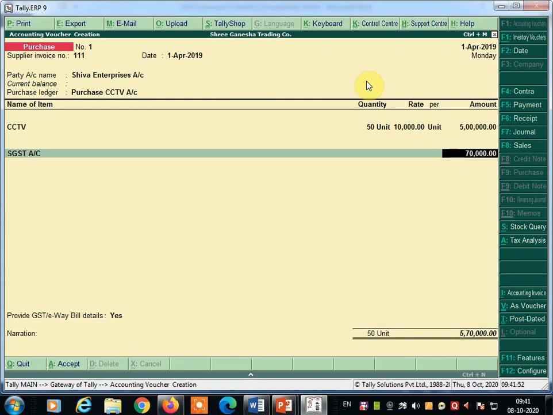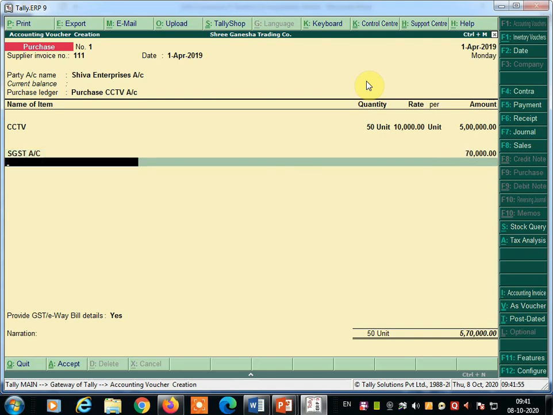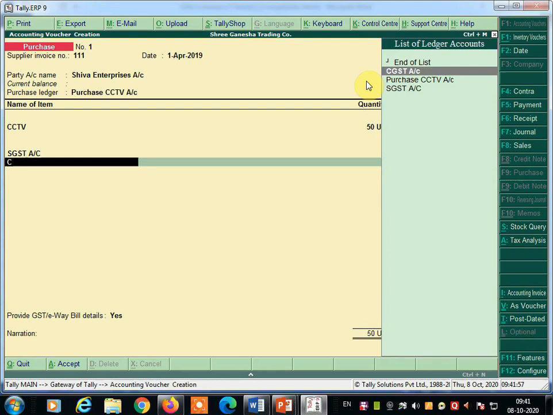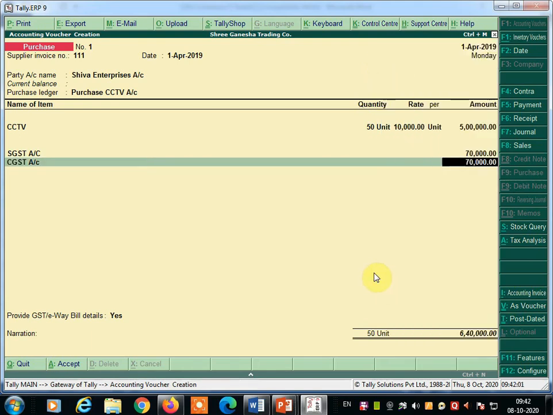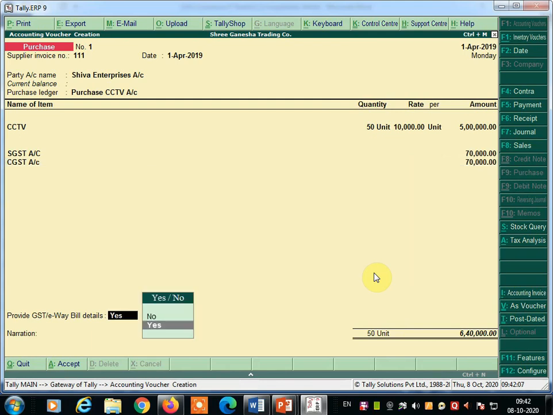Okay, like this. Now again we are going to calculate CGST. So you are going to select here CGST. So here 70,000, same rate, 14%, 14%. So 28% is over. And now press the enter key. And here, do you want the GST e-way bill detail? No, we don't want. So say no.